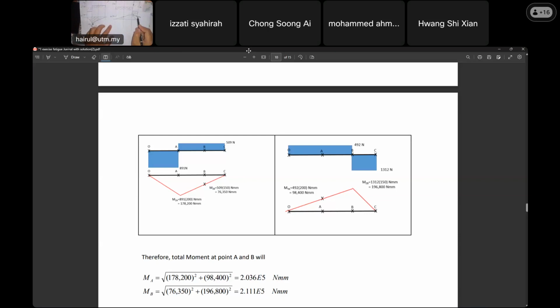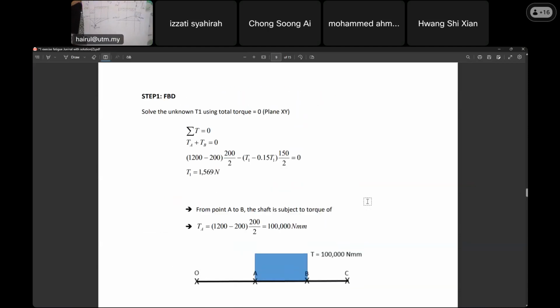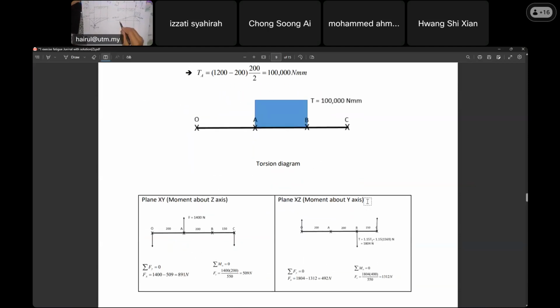I know this is 196,800 and I know all the distance here. You boleh solve this thing. Theorem Pythagoras, you know that? You know theorem Pythagoras? Can you solve this thing tak? You know the distance here kan? You know all the distance of the shaft. You know the distance here is 200, 200, 200, 150. Same goes here. Ini 200,